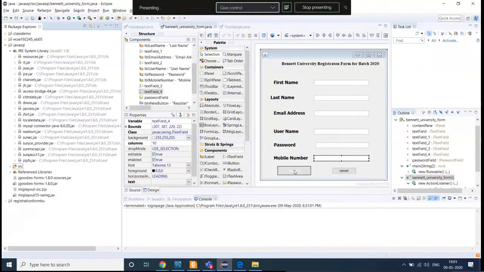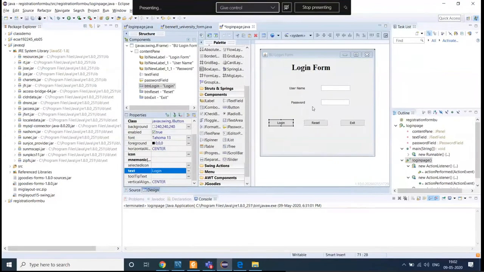Sir, will radio buttons use action listener or item listener? Radio buttons depend on which category you want to use them in. Whenever you click one, you can perform an item listener also. Generally, radio buttons are used for item listener activities, because, as you can see, whenever you are choosing something like male and female, you may want to enable as well as disable things.